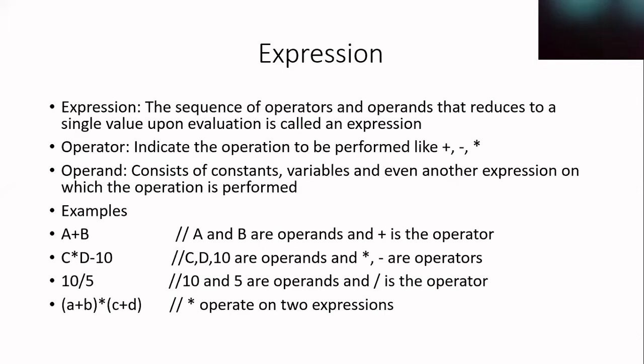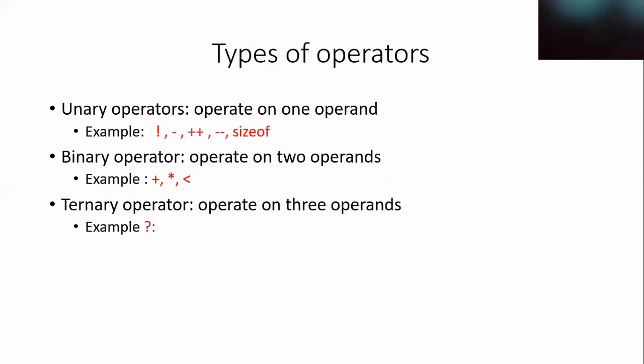Now, we are going to proceed with the remaining parts. In C programming, you can classify the operators into basically three types, based upon how many operands they have. We have the unary operators, where the operator will operate on one operand. The examples for unary operators are the not symbol, unary minus, and plus plus, which is increment. In increment, we have prefix as well as postfix. Then we have minus minus, that is decrement, and again we have prefix and postfix in that. Then sizeof. These are some of the unary operators we have in C programming.